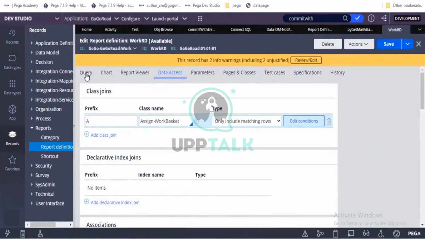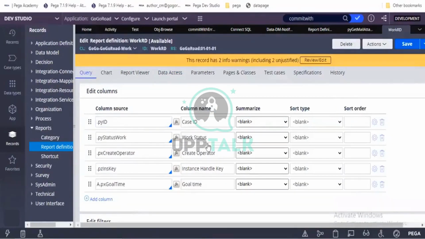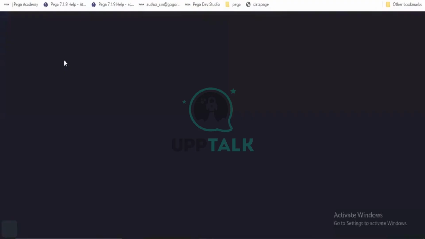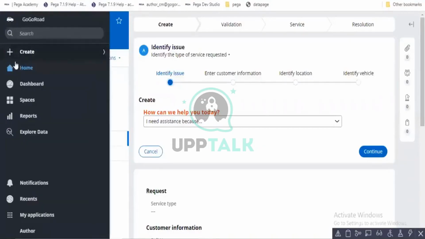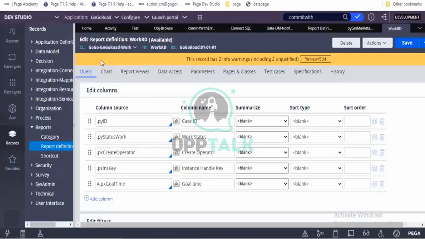Now, another difference is the data representation. If you want to view this report, reports in the sense of data analytics, how many cases are there, how many people have actually resolved them, that kind of data. Now the business is asking, I want this data representation in the form of charts or pie diagrams, bar diagrams, graphs. If you want to configure those things,